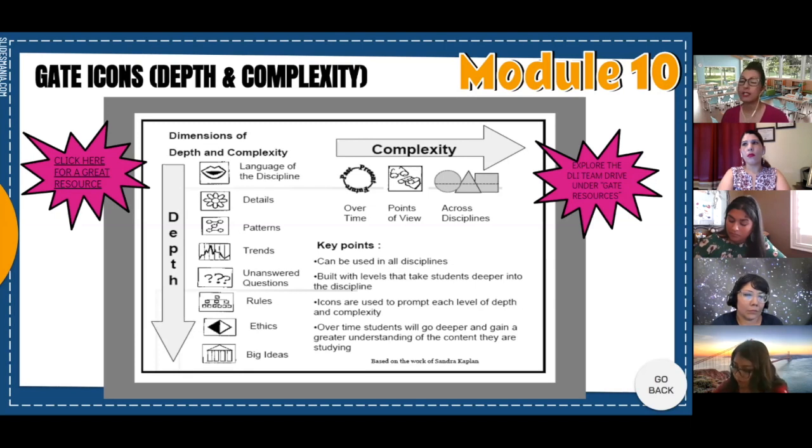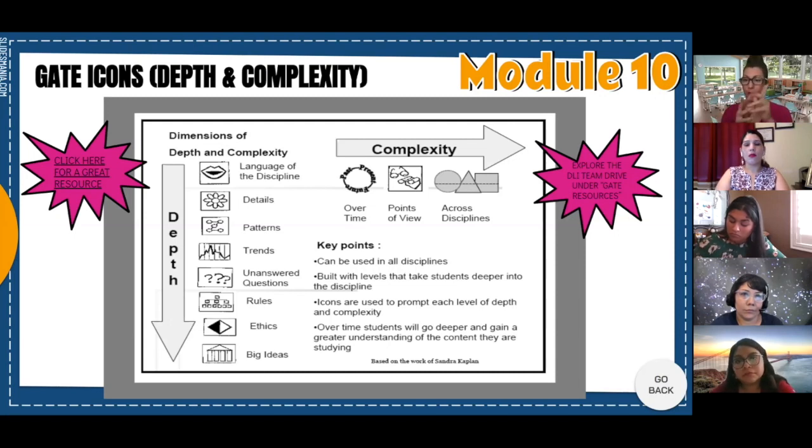Then there's the points of view, also known as multiple perspectives, with the little eyeglasses here. And then across disciplines would mean that the students are at that level where they would be able to interconnect a specific idea, not just during social studies time, but they would be able to bridge it and also think about that same idea when learning about science. They might bring it up: oh, this connects to when we learned about this in social studies. Oh, and also this is the type of math that they would be seeing during this time when we learned about this. And so then they're kind of